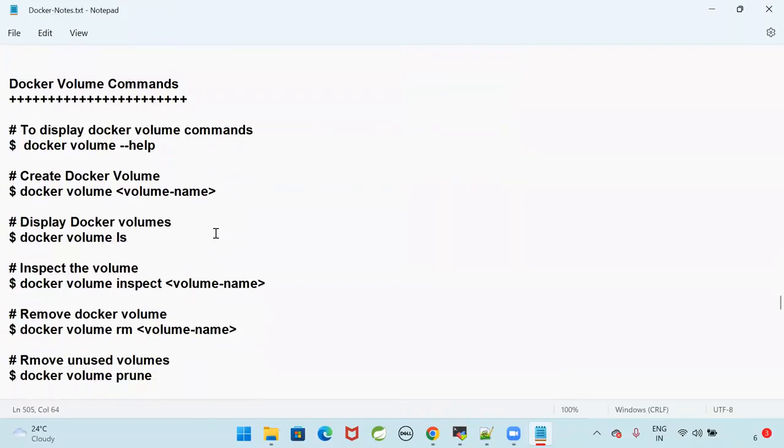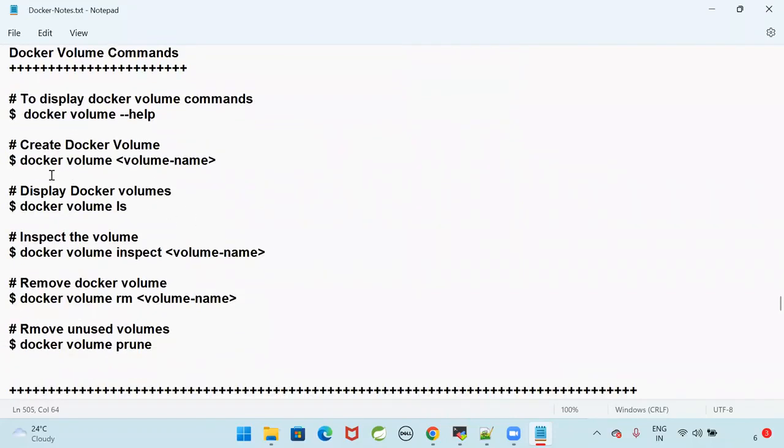So how do we work with volumes? We have seen several commands in the last session. In order to create a volume, we have the option docker volume create, and we specify the volume name. Docker volume ls is used to list the Docker volumes available. Docker volume inspect is used to see a particular volume. If you want to remove that volume, use the docker volume rm command. If you want to remove all the unused volumes, we go for the docker volume prune